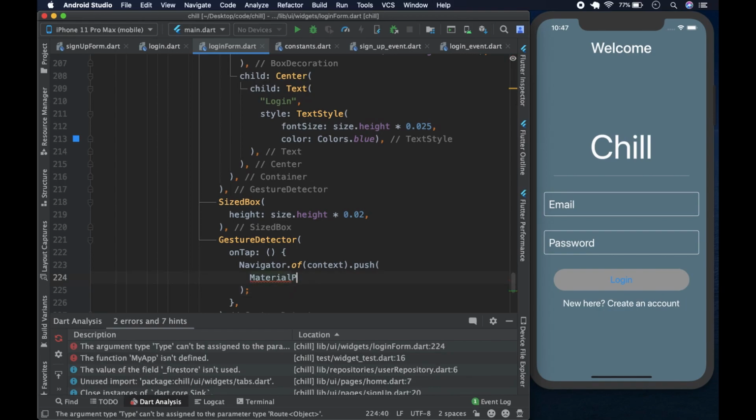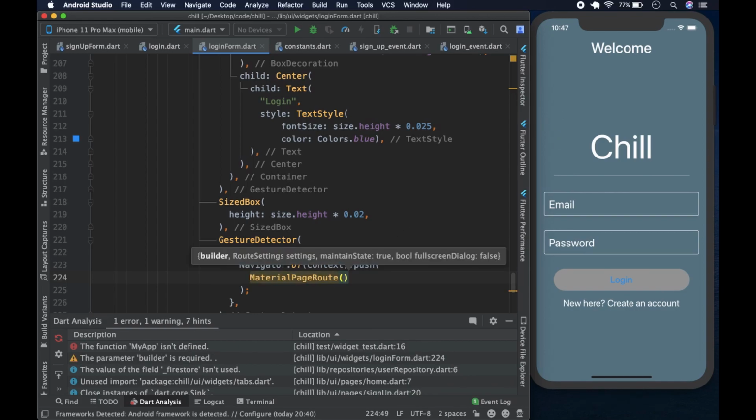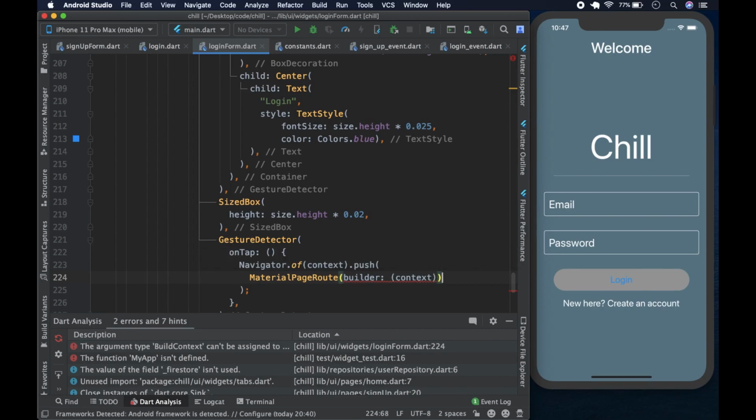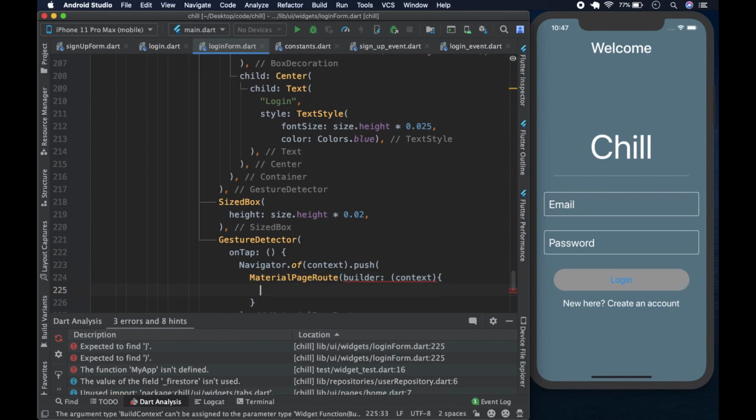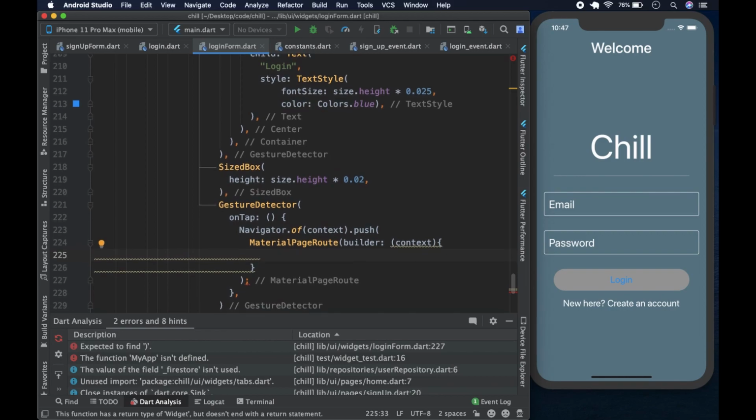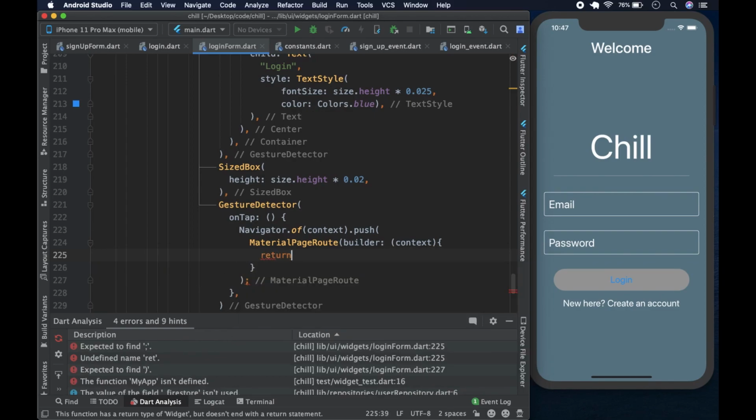So we say material page route so that we can get the back button, and we pass in the builder and the context to tell it where it is, and we are going to return here the